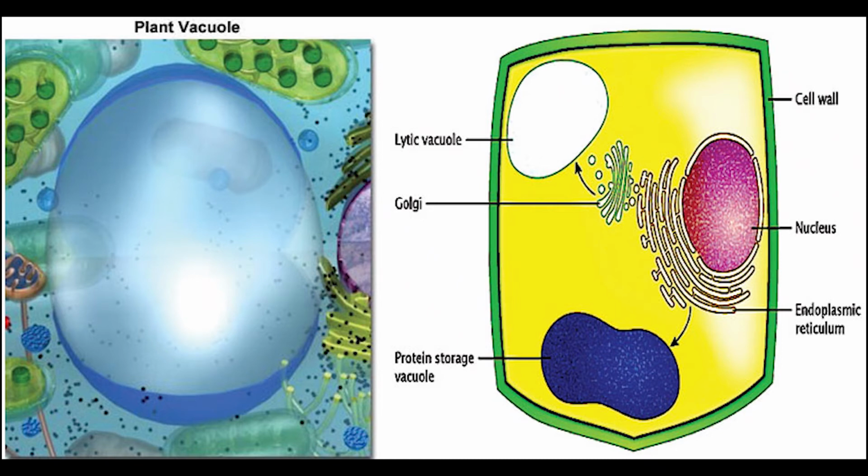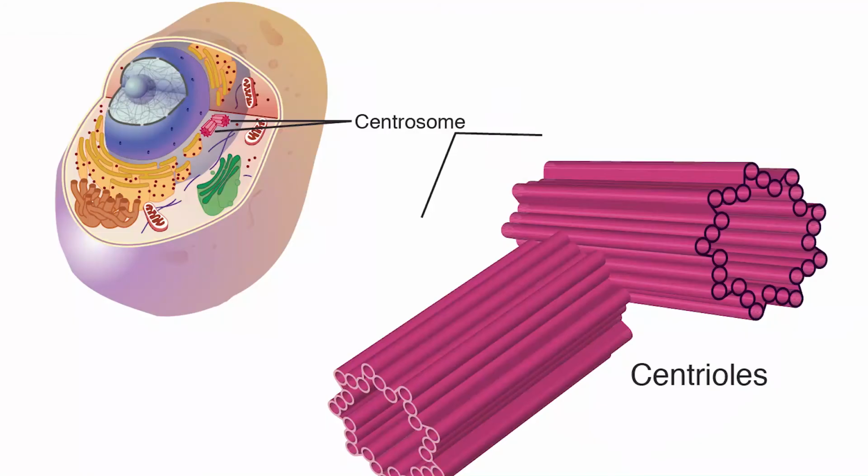So one more cell organelle is there, that is the centrosome, which is present only in animal cell. Centrosome is a region surrounding the centrioles located near the nucleus. It contains one or two centrioles. Centrioles are surrounded by radiating microtubules to form a star-like structure during cell division. The function of the centrosome is it initiates and regulates cell division, and it also forms spindle fibers with the